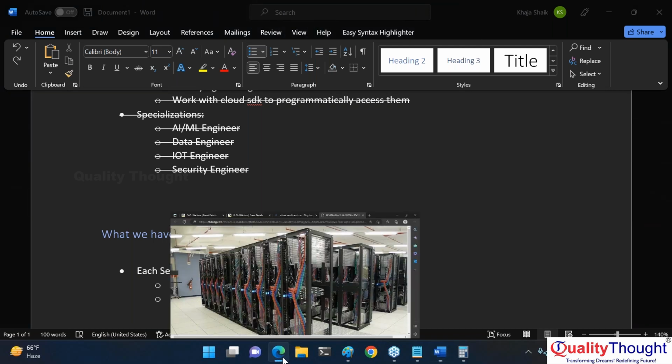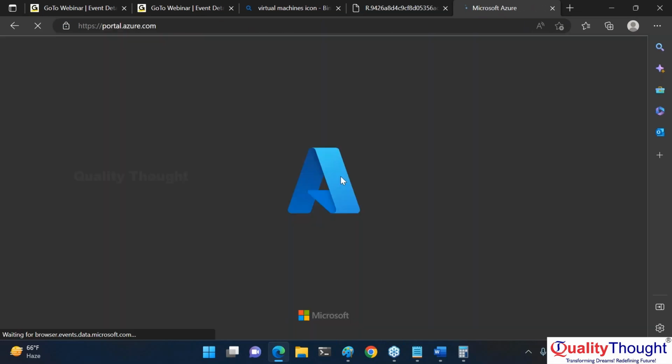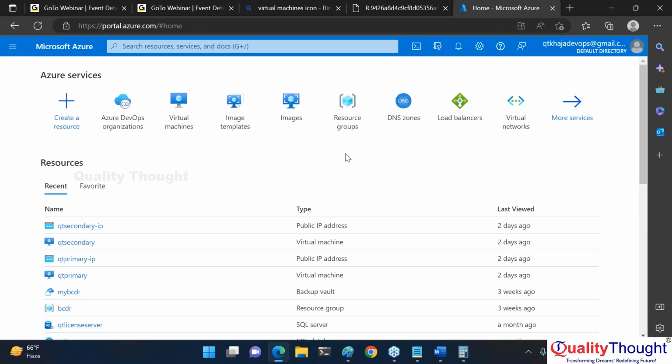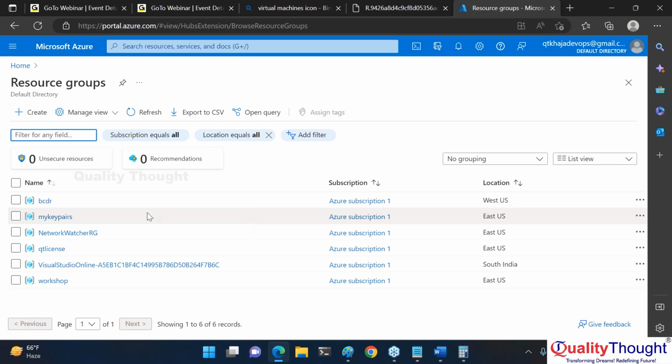So let me log in into Azure. This is the Azure portal; you will be creating an account and then you can use the Azure portal. This is something which I'm doing from UI.